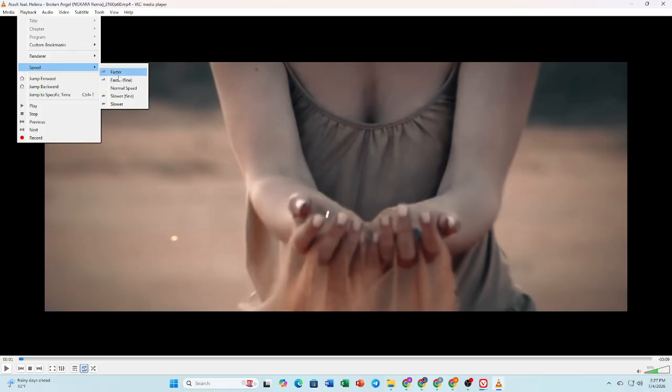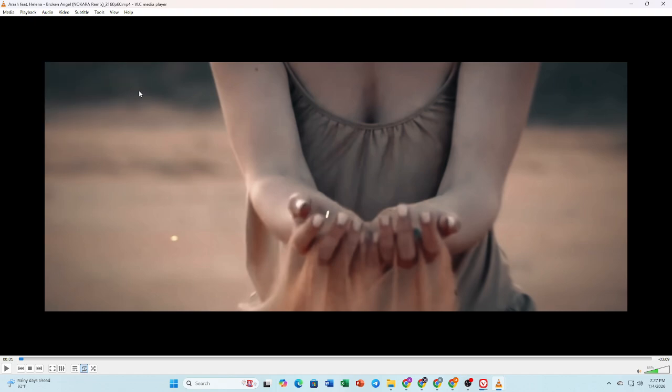If the video becomes too fast, simply return to the playback menu and select normal speed or choose a slower speed until everything feels comfortable again. VLC gives you the flexibility to change the speed at any time without affecting the quality of the original video